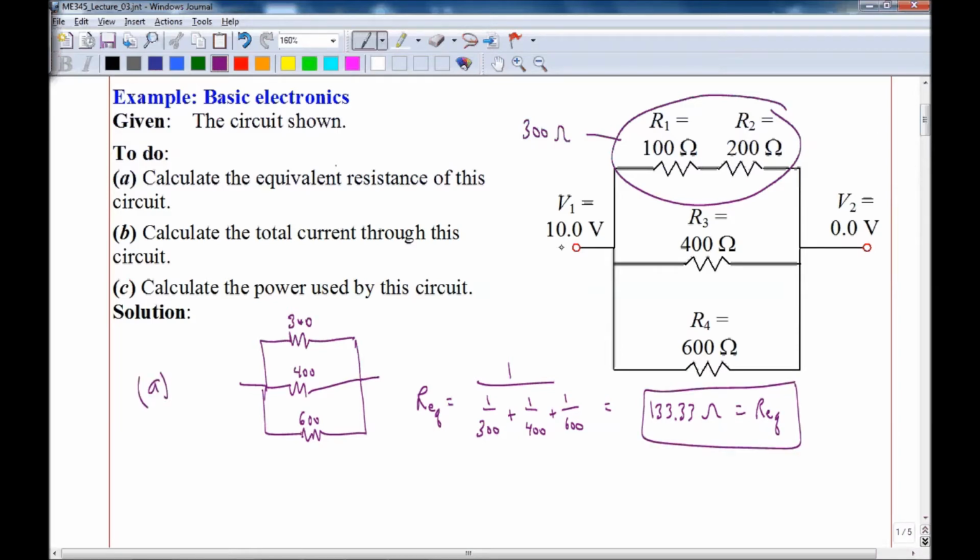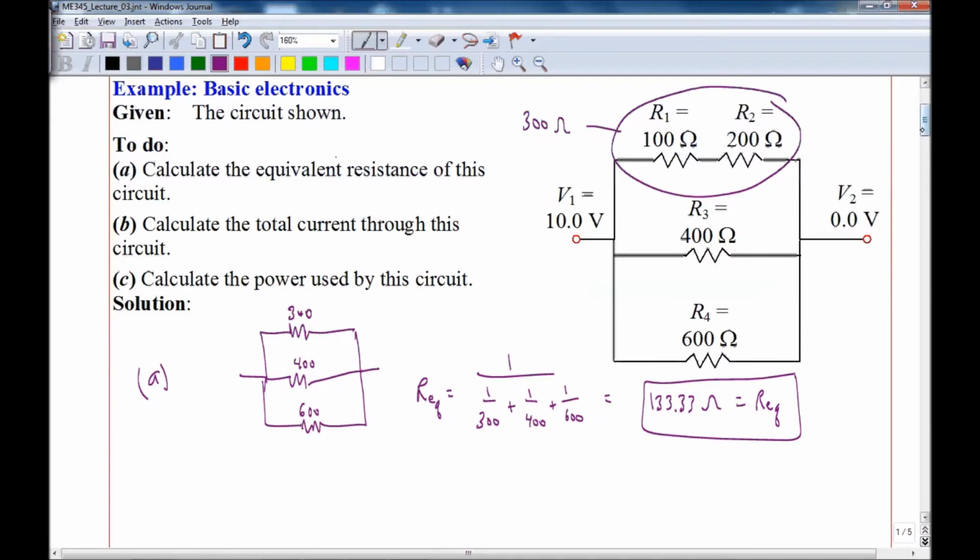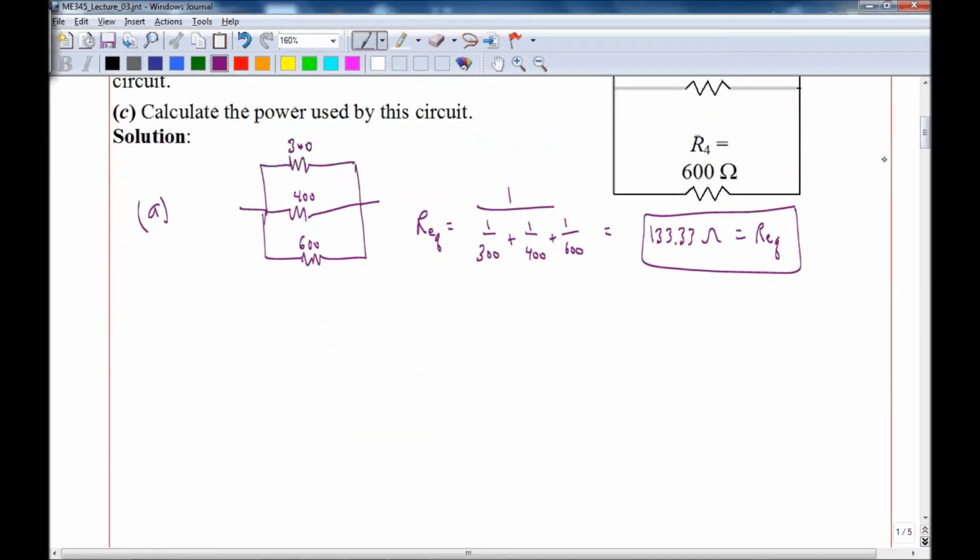Now part B is to calculate the total current through this circuit. Well, we know that delta V, some people use E for, I'll use V for voltage, delta V equal IR, that's Ohm's law. So we calculate the current, I equal delta V over R. We'll use the equivalent resistance, so the voltage across this circuit was 10 volts, 10.00 minus 0.00 volts, over the equivalent resistance,